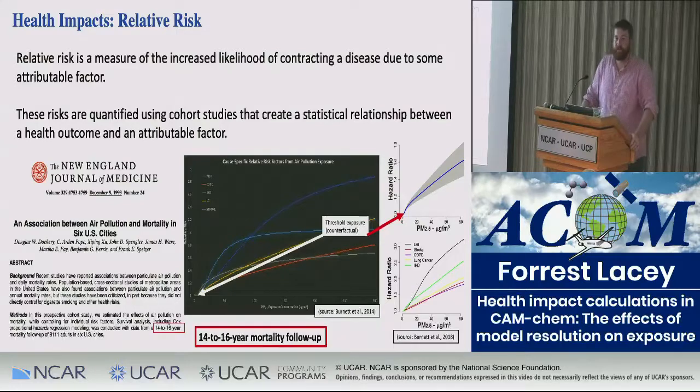Yeah, Chuck? Just a clarification here, you're talking about contracting a disease, that's the relative risk. Before you were talking about mortality. So is this contracting disease that will prove to be fatal, or is there another variable to get you to the mortality piece? You need both of them.